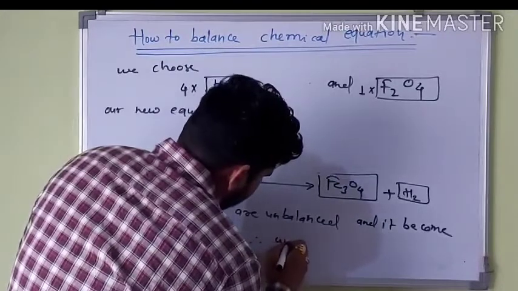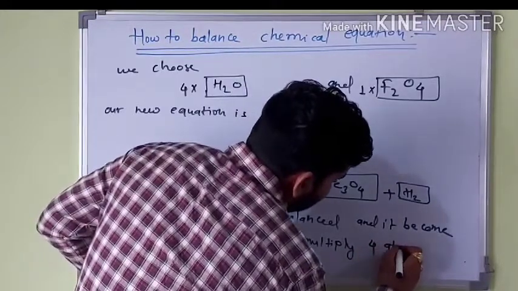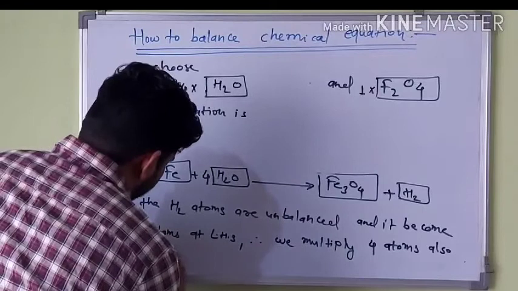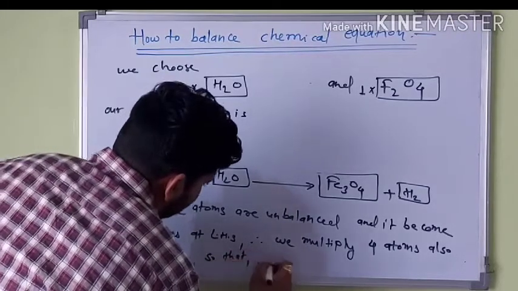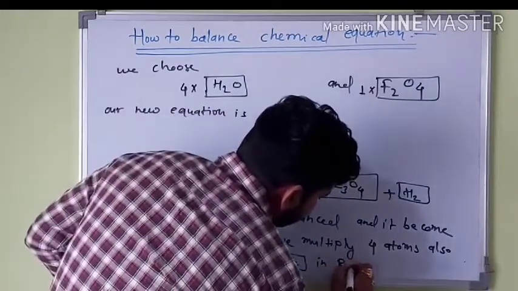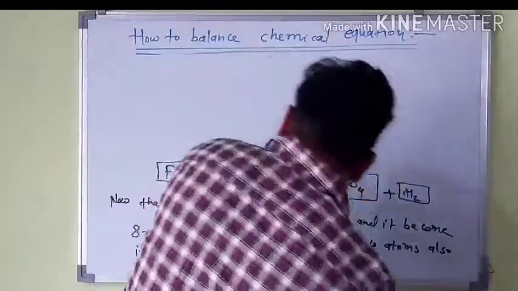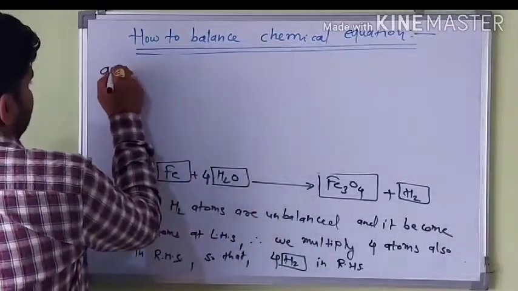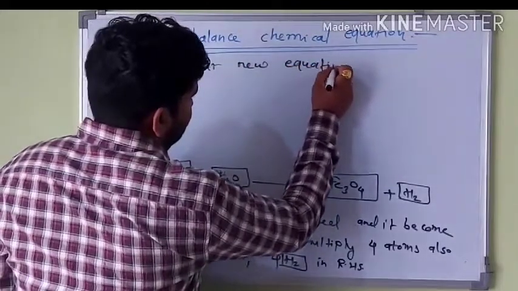Therefore we multiply to get 8 atoms also on the right hand side, so that we get 4H2 on the RHS. Okay, and then the equation is